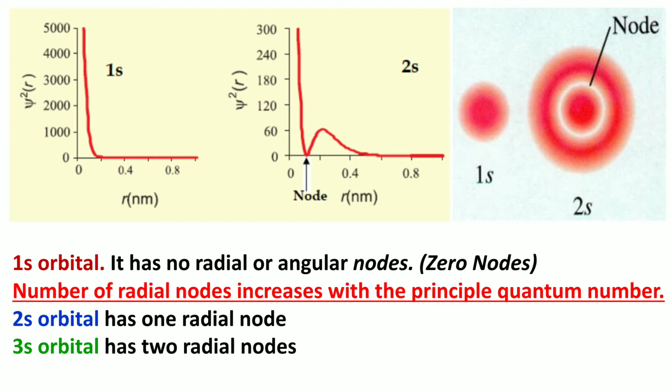In these diagrams, the density of the electrons in a region represents the electron probability density in that region. So the red sphere shows the density of electrons, that is the probability density of the electrons, and the center of the nucleus is at the center of the sphere. There is a white spherical surface, which represents the node in the case of the 2s orbital, but in the case of the 1s orbital there is no node, 0 nodes. So these are the radial nodes and angular nodes for the s orbitals.